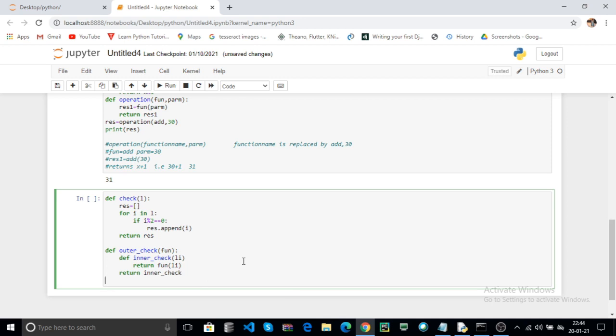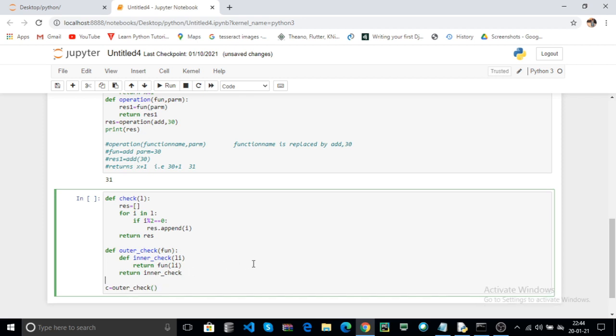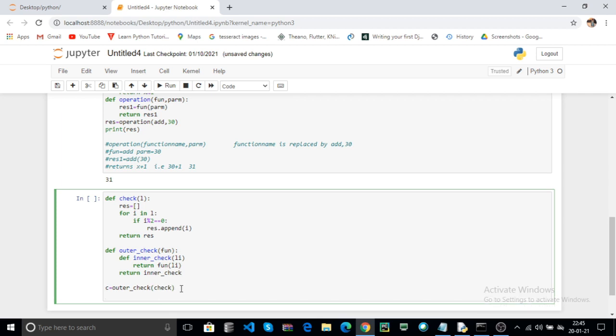And finally call a function. For example, I store the data into C. Here you can use outer check of, here use the sum list. Before, you can pass check as a function. Here I use, for example, LL as the list.